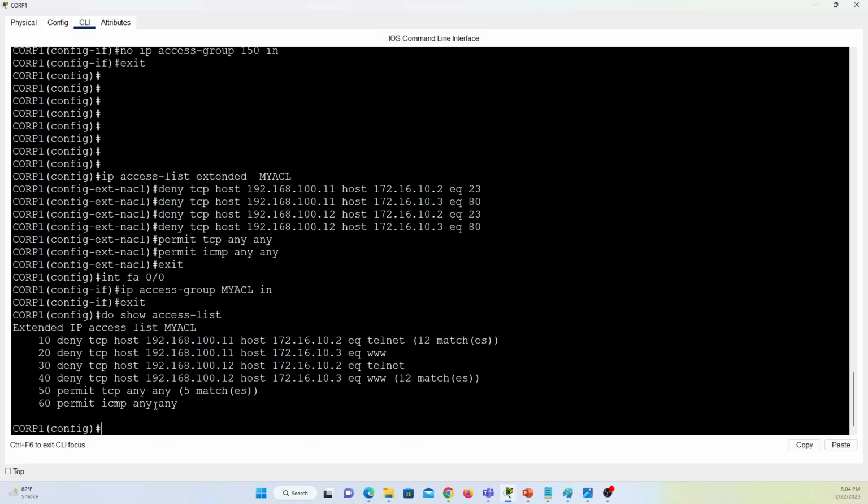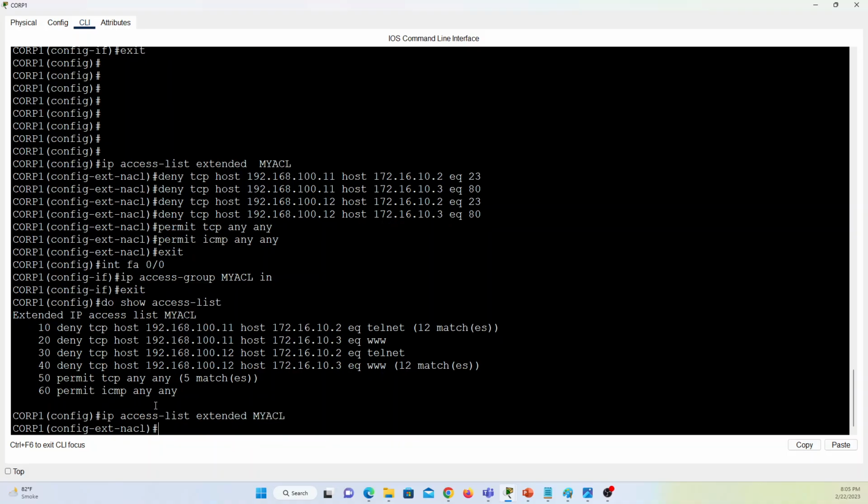So what I'm going to do, again, is go into my access list. How are we going to go into my access list? IP access-list extended. And what was the name of my access list? My ACL. I'm going into the access list. And this time I'll put down a sequence number of 41, and then I will give a statement: deny TCP host